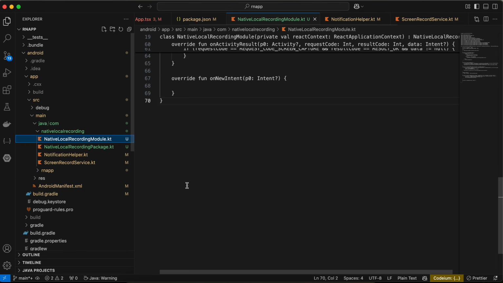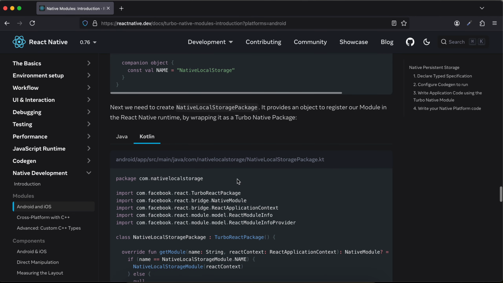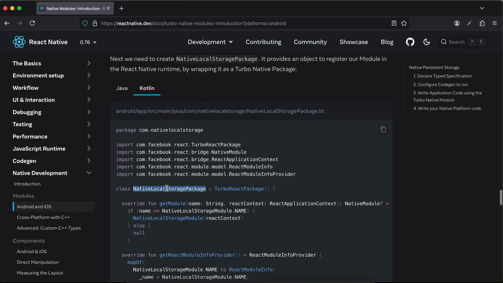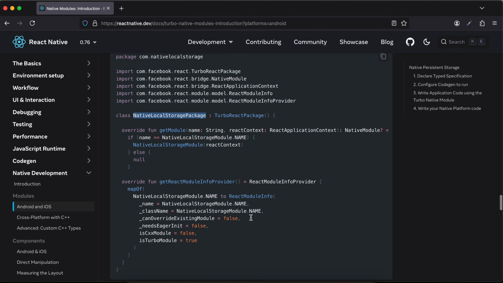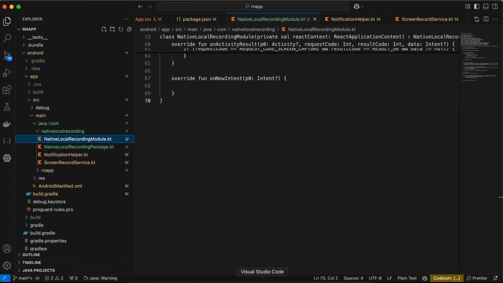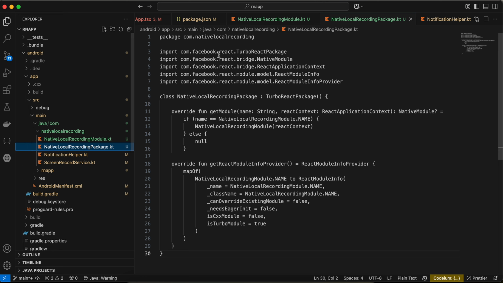Okay, so once that is done, if you come back to the documentation again, here we have to create this package file as well. Now here I have copied the code from documentation but made a few adjustments. So firstly, you will have to create a package file like this with your own TypeScript file. This is your package name. I have copied all these imports from the documentation. Then this particular name I have changed, this name I have changed, this and this. Rest everything remains the same. The rest I have copied from the documentation. Okay, so once you do that,